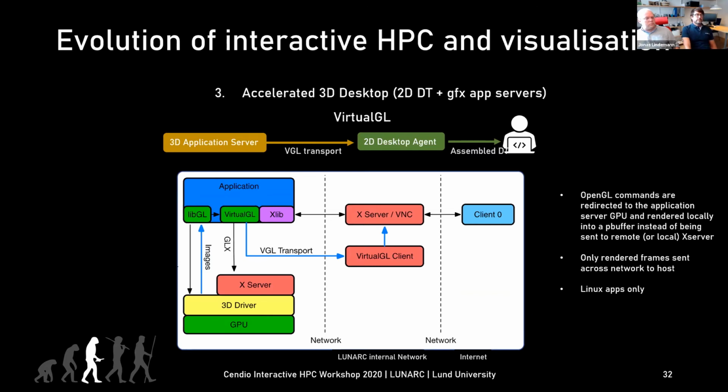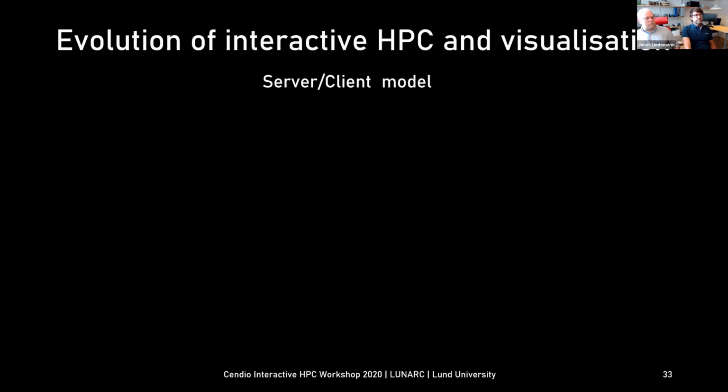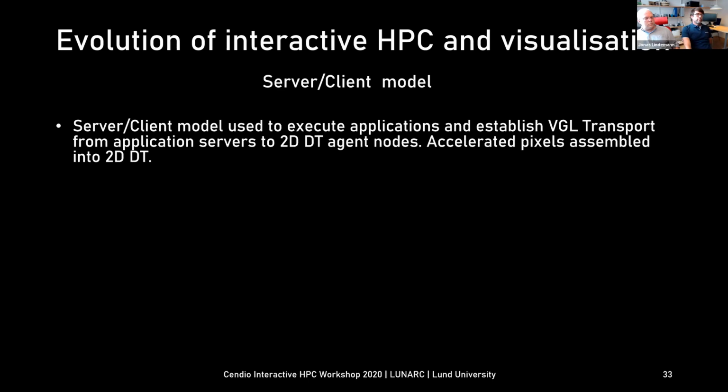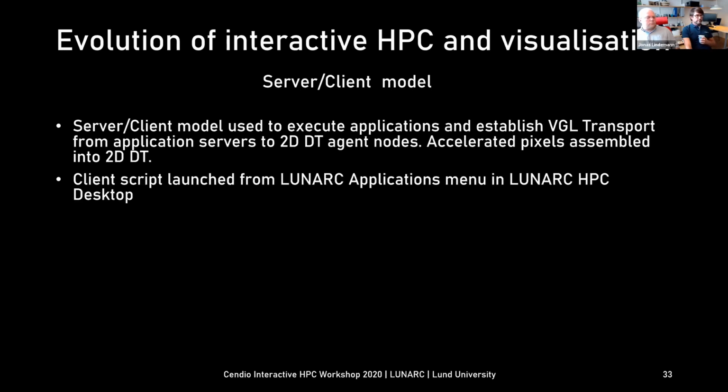Okay. So the server client model is like this. We use this server client model to execute applications and establish the pixel transport with a VGL transport from the app servers to the 2D desktop agent nodes. And the accelerated pixels are then assembled into the 2D space on the agent nodes.